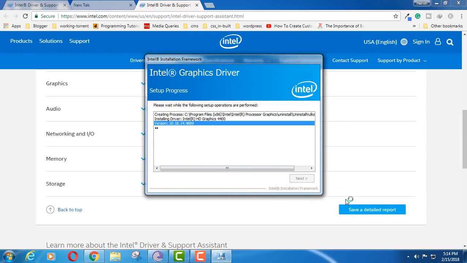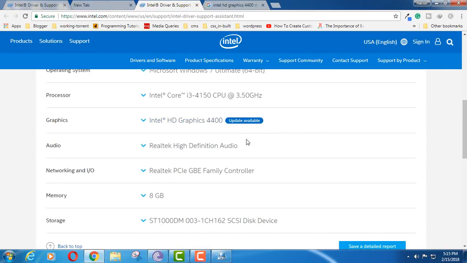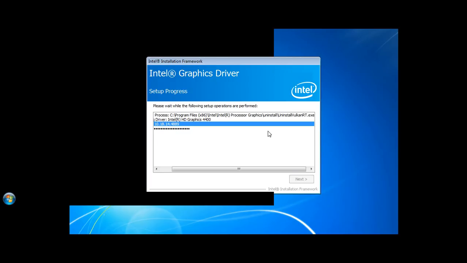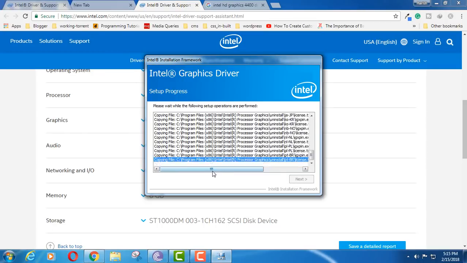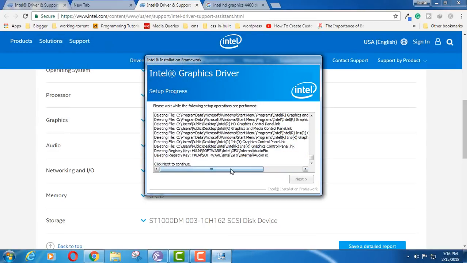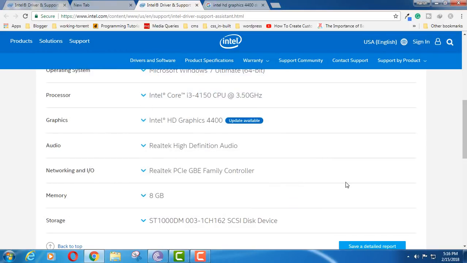It usually takes some time. This is the best option if you want to update Intel device drivers. Once the installation is completed, it will ask me to restart my PC. It will take time, so I'm not going to waste your time here. This is the process. You can simply scan using that application, and then download if any update is available, and then click install, and this application will automatically install the latest driver for any Intel product, including the Intel HD graphics card driver.